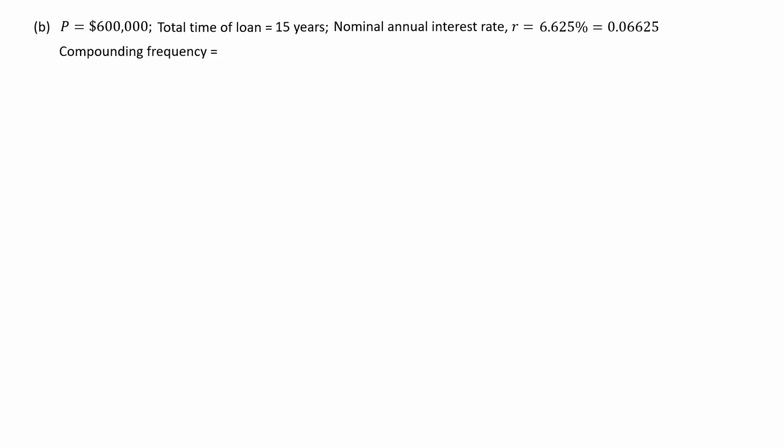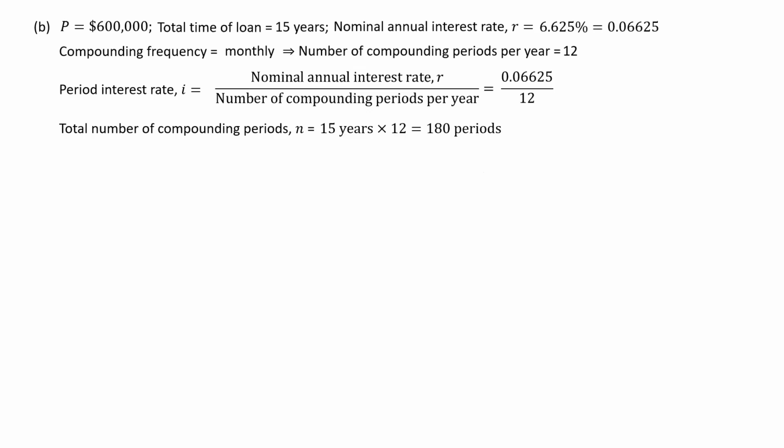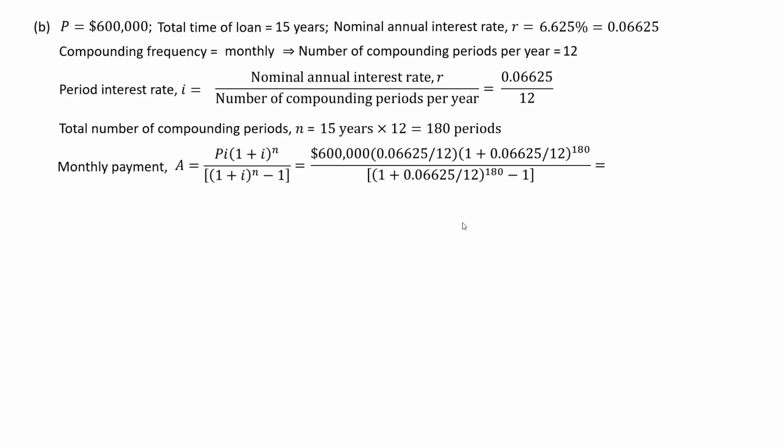P is still the same. Time of loan is 15 years. Nominal annual interest rate, they were good and they reduced it from 7% to 6.625%. And compounding frequency is still monthly. And so the number of compounding periods per year is still 12. And the period interest rate is 0.06625 divided by 12. And compounding periods would be 15 years times 12, 180 periods. And monthly payment would therefore turn out to be, by plug and chug,